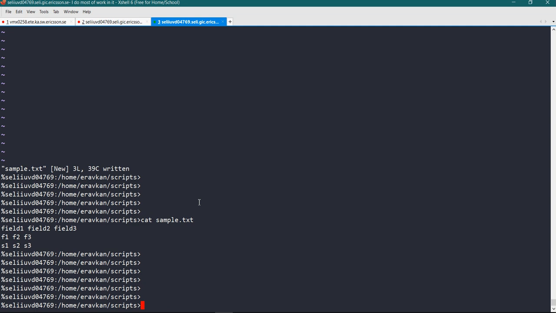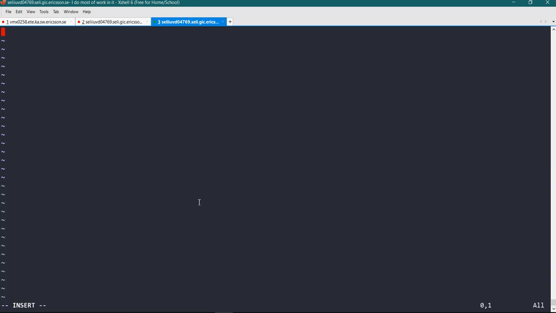Now I am going to write a while loop to read this particular file. So I am going to write a while loop dot sh is my script name. So this one, bin bash. So while read line do, you place do, then here echo $line, then done.